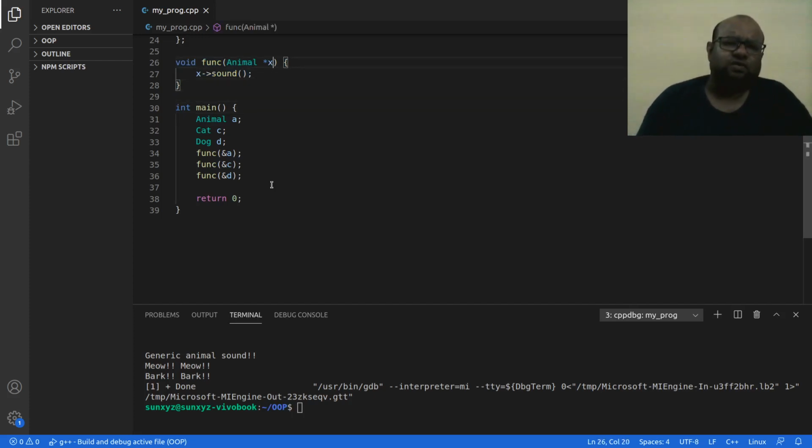So think about why this function might be useful. It takes, means I don't know from before what is the type of object that I am going to get, right? So this function takes different types of object, but then using this parent class pointer as parameter, I can take the parent class object, and I can take child class object as parameter. So really it gives me lots of power in this function.